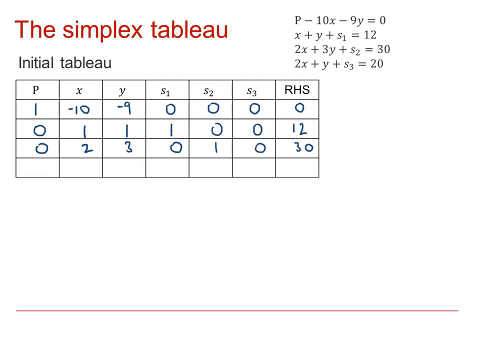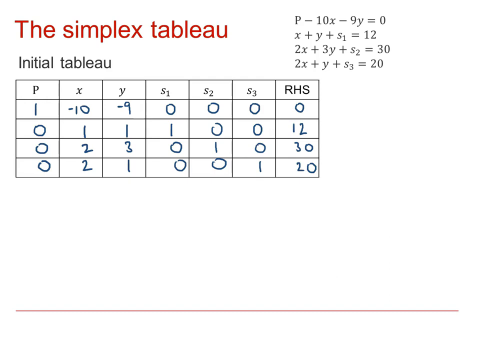Finally, 0 for p, 2 for x, 1 for y, 0, 0, 1 for s3, and then a value of 20. That's the completed Simplex Tableau,